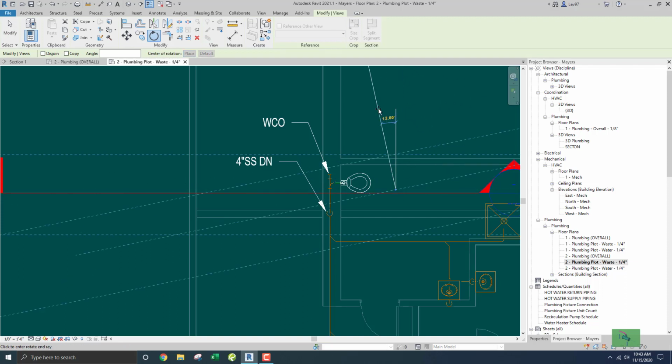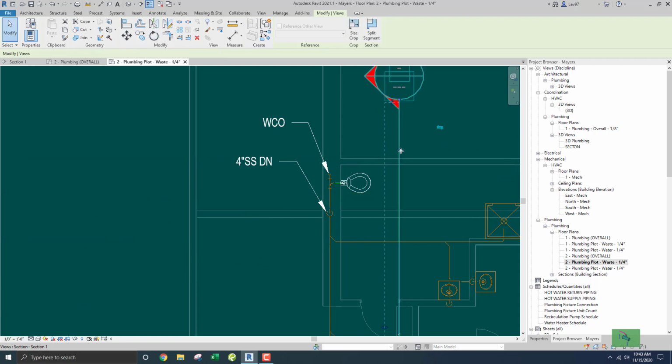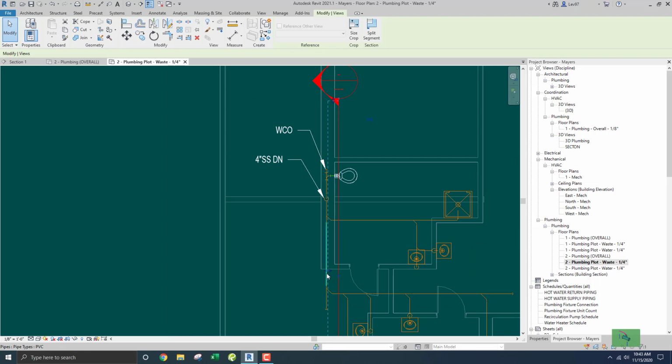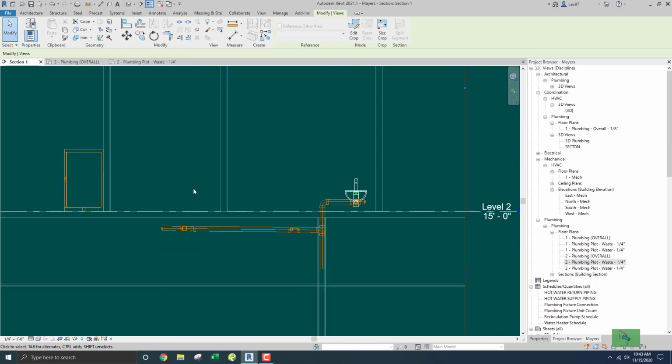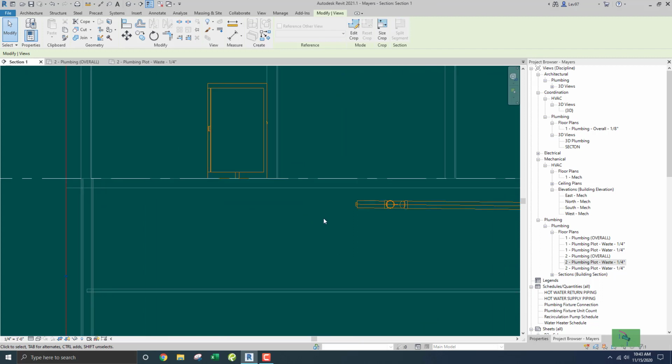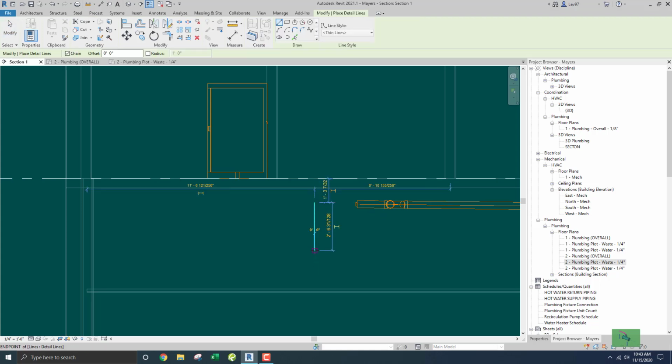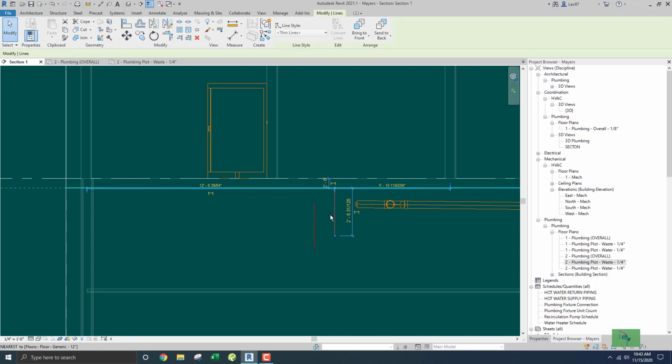Just in case, I want to show you guys what I'm talking about. Okay, so we go here and we look at that section. So in here, let's say for example, there's something. Let's draw a detail line here. So if there's a duct or pipe or any kind of obstruction,